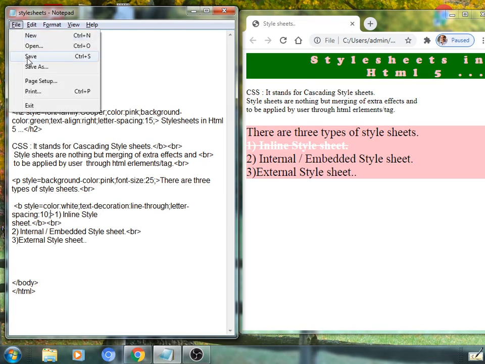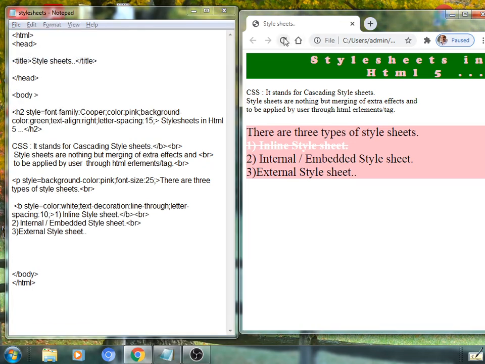Save again, refresh here. Yes, every character is placed by leaving a space of 10 pixels, the 1 and bracket, INLINE, all those alphabets are placed with a space of 10 pixels from each other, like this.